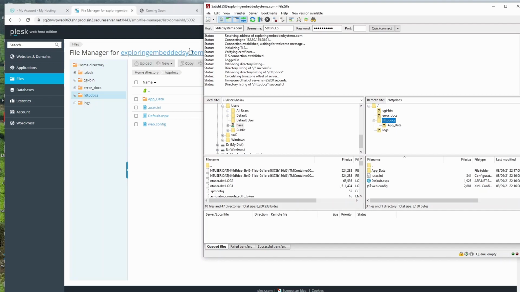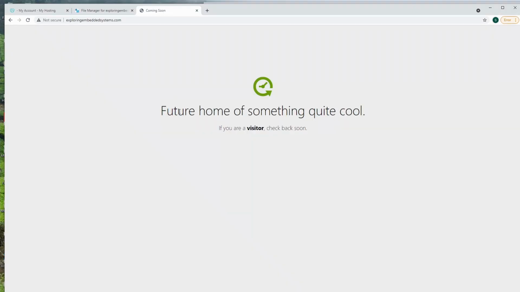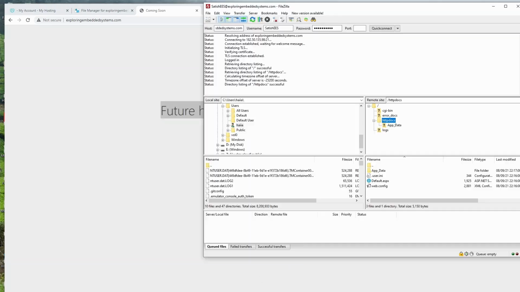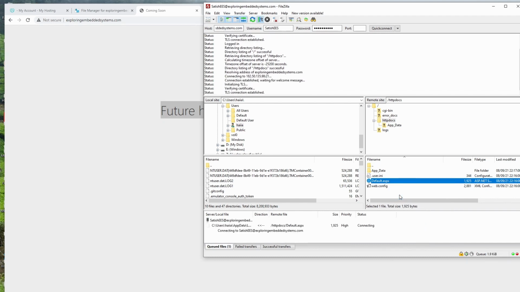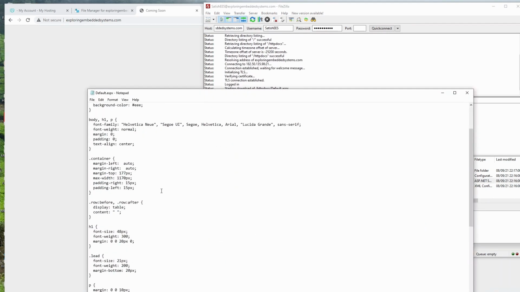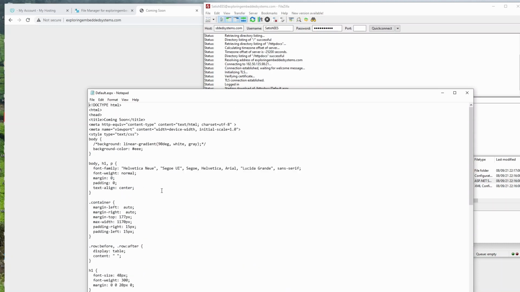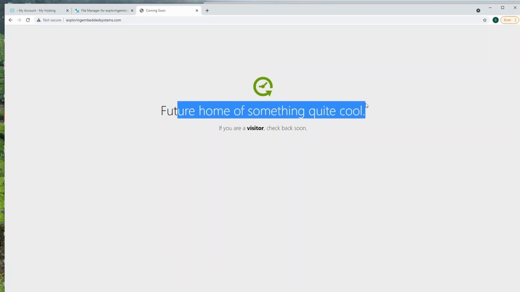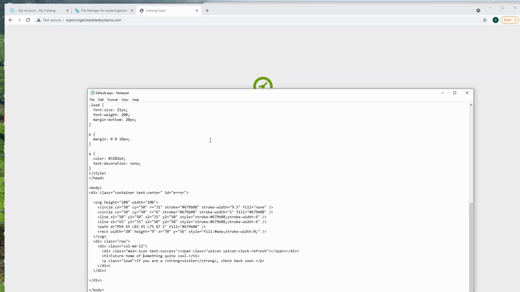Now default.aspx, that is what we saw here. So this is a default page which GoDaddy has created. So we can edit this. So we can go here, view or edit. So this is an HTML page. So let's write something quite cool.